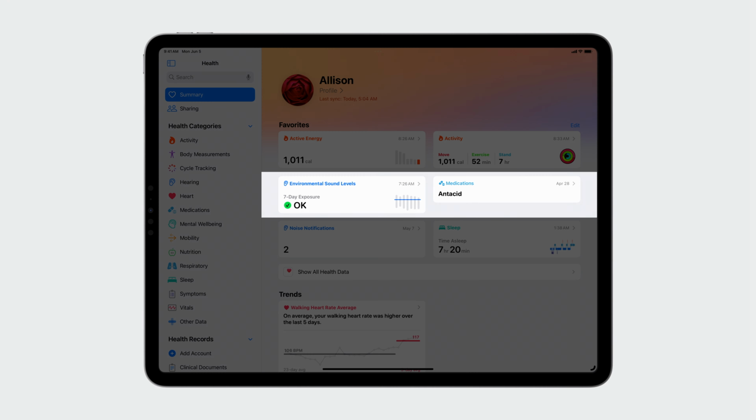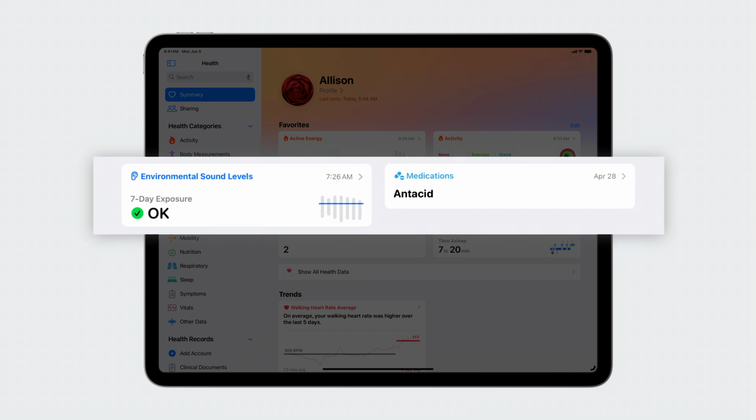Back to this example of the Health app. There are 2 items in this group with different item heights. We updated all the items in this layout to use uniformAcrossSiblings, so the medication cell grows to match the height of the sound level cells, getting the layout we want.